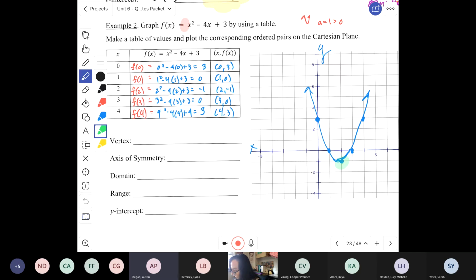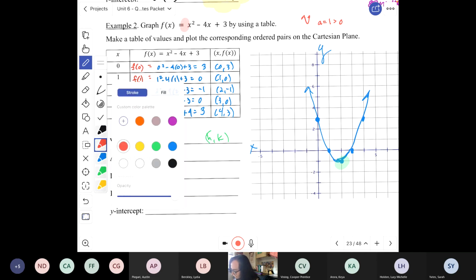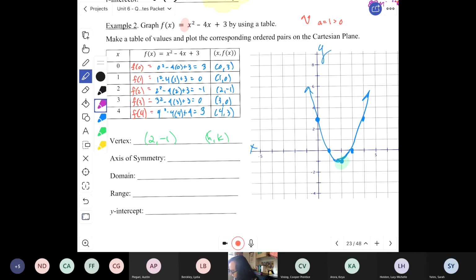Two, -1. Excellent. It is the point (2, -1). And again, we always write it as an ordered pair because it's the point of the max or the min, depending on the orientation. What about the axis of symmetry? X equals 2. X equals 2. That is absolutely